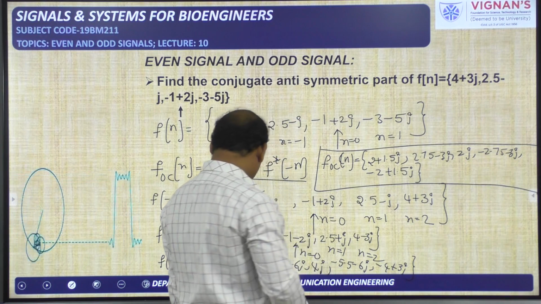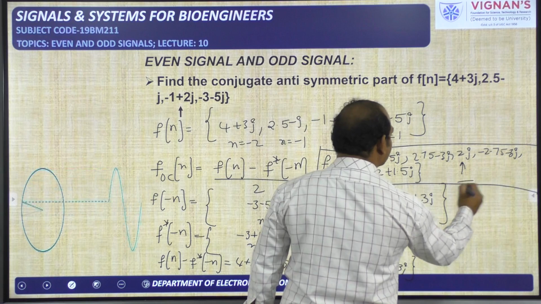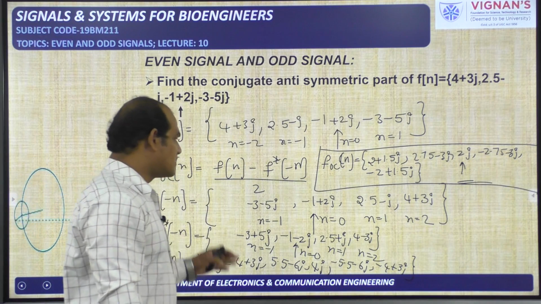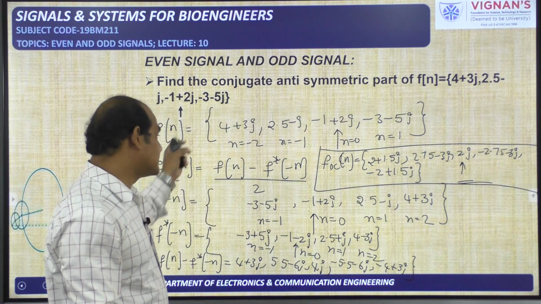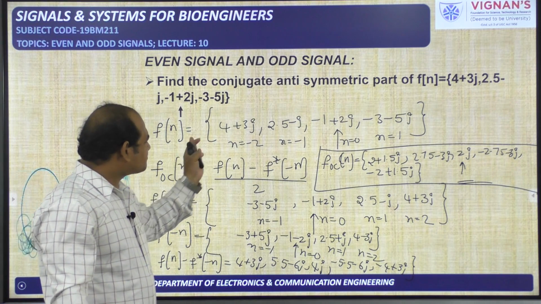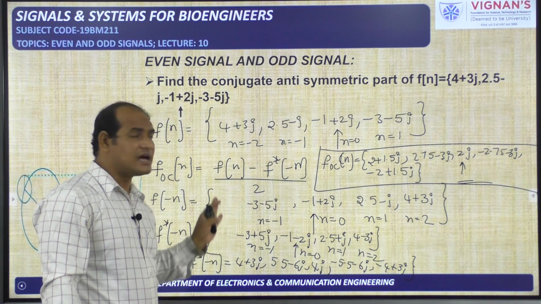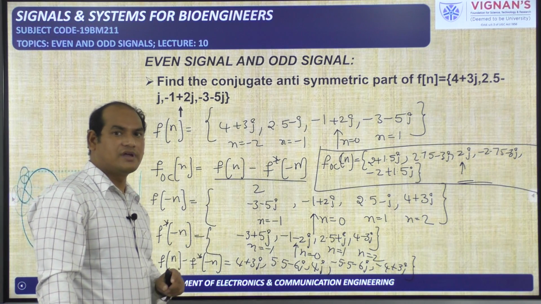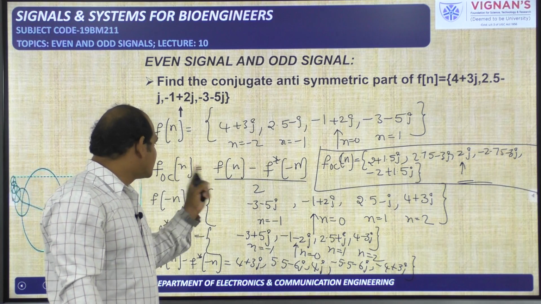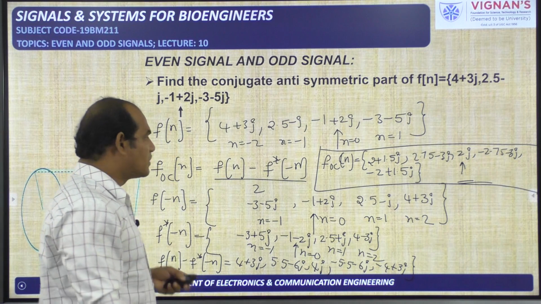At 0, what is the sample? 1, 2. Here this is the sample. So this is the answer. In this way we can do. So somewhat carefully we have to perform. It is discrete domain, and in that also here this complex signal is there. That means real part and imaginary part is available in all the samples. So carefully we have to perform. What is the equation for the odd conjugate symmetry that we need to take, and step by step we have to perform. Okay, that will be the answer.